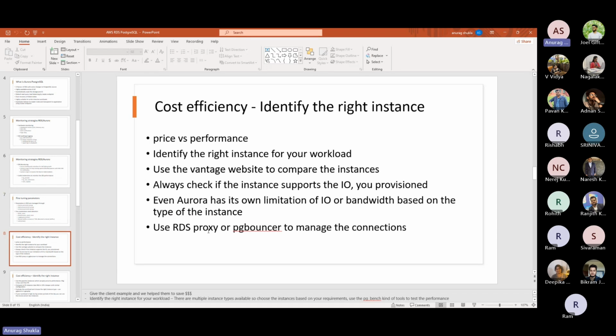So our next slide is related to cost efficiency, identifying the right instance type. When identifying the right instance size, we always consider price and performance. Balancing cost and performance is crucial when selecting the right instance for your RDS Aurora Postgres database. Understanding your workload requirements and how different instance types perform can help you make informed decisions and maximize both efficiency